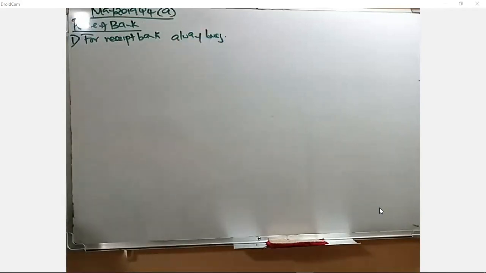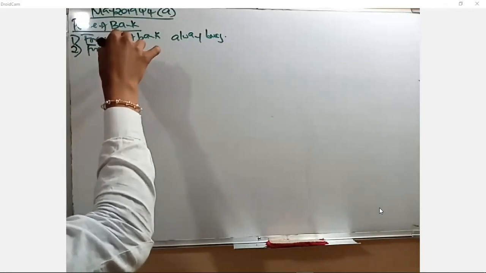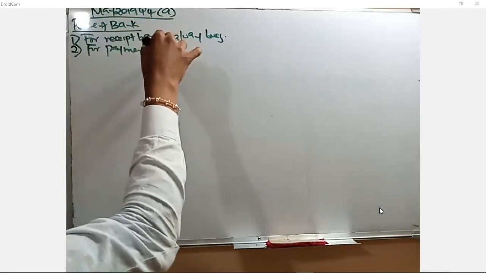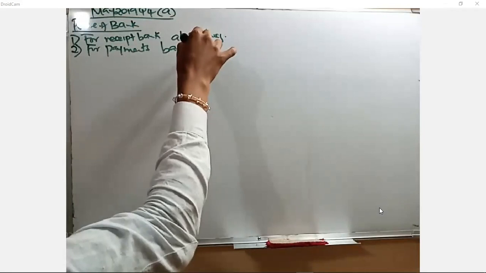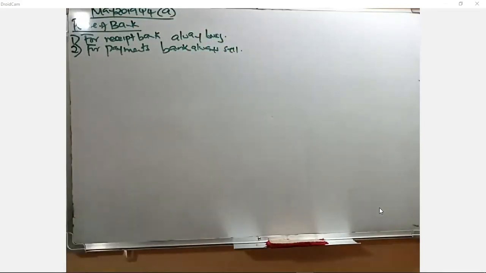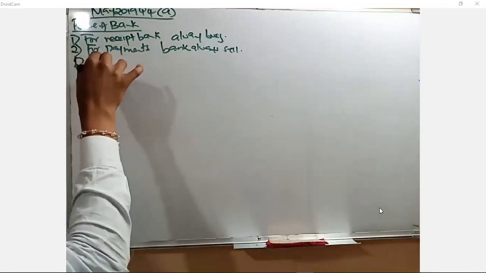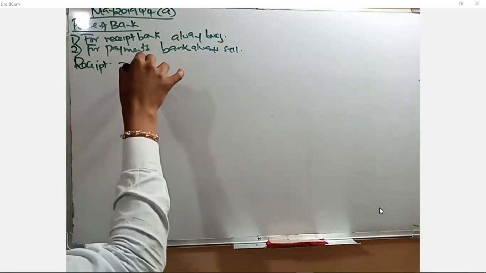And number 2, for payments, the bank always sells. Do not forget this when you are doing your money market or a forward contract. Now, let us look at what is given by the examiner. The examiner has told us that there is a receipt of 60,000